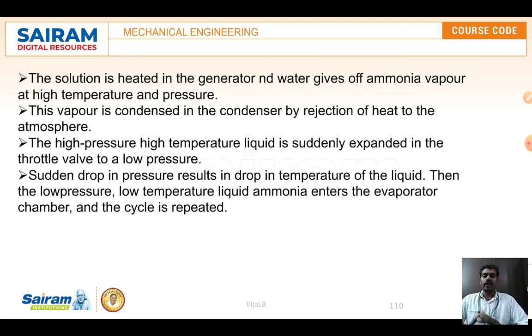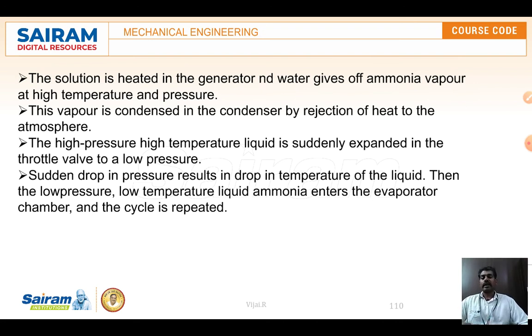The pump pumps the ammonia solution and it moves towards the condenser, where in between that we are having what we call a generator. A generator is there. So this ammonia solution is heated in the generator through a heating coil or some heater. So when it is getting heated up in the generator, it produces the ammonia vapor.